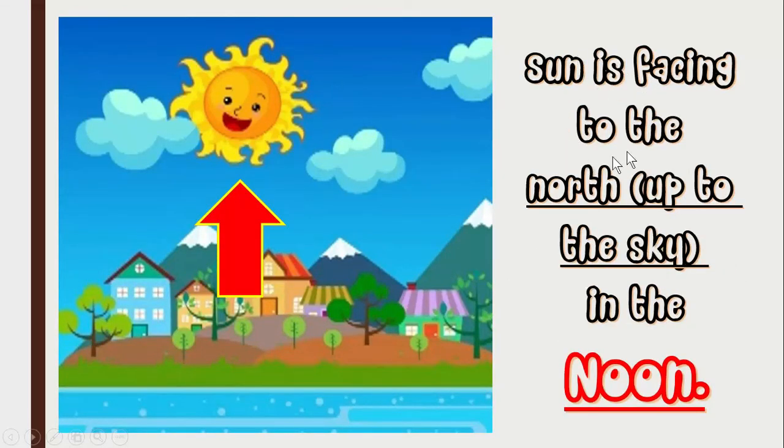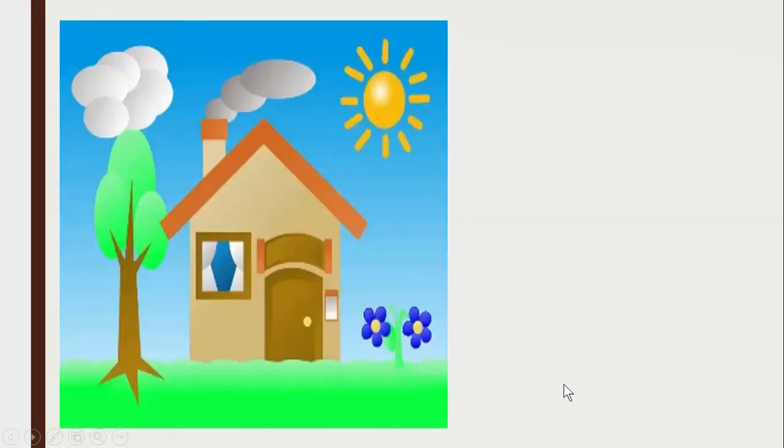when the sun is facing to the north or up to the sky direction, that is noon daytime. Again, the sun is facing to the north or up to the sky direction, that is noontime. Last daytime is